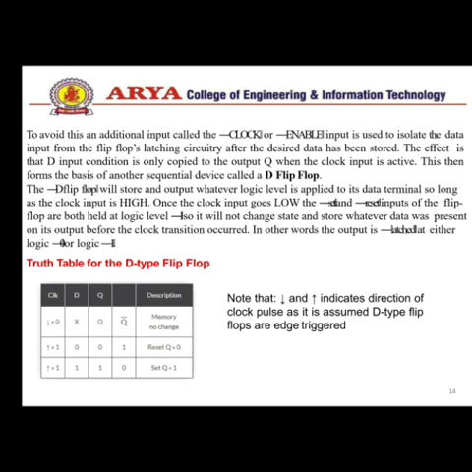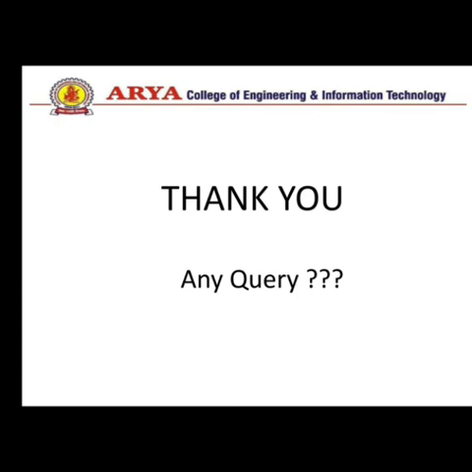In the next class we will understand the master slave flip flop. The master slave flip flop is used to overcome the problem that arises in the JK flip flop. In the JK flip flop, in the 1 1 toggle condition, when the clock is high for a long time and J and K equal 1, glitches arise in the output stages. So to solve this problem we use the master slave flip flop. This is a brief introduction to the D flip flop and T flip flop, and in the next video we will discuss the master slave flip flop. Thank you.